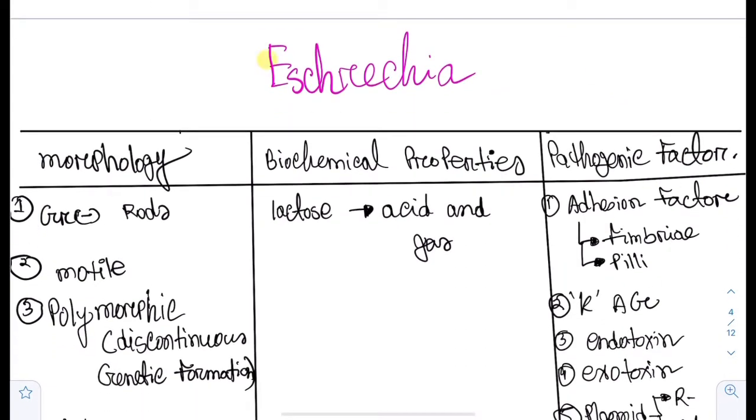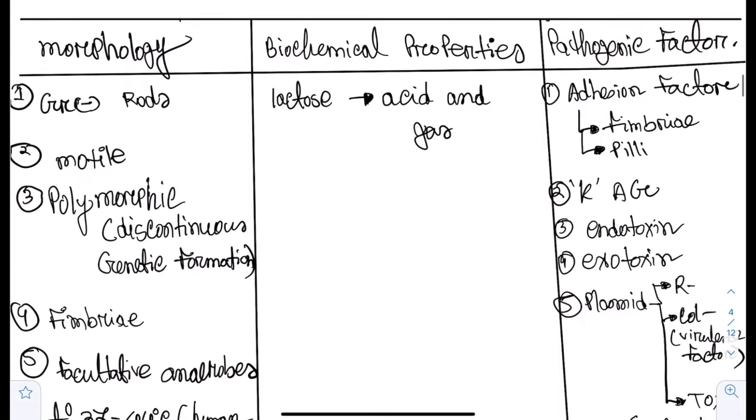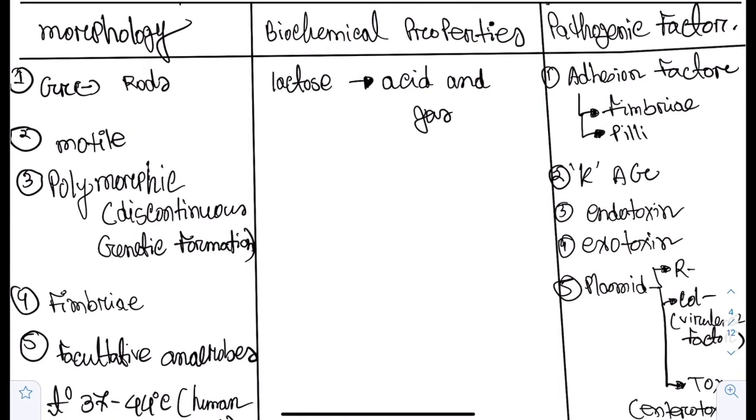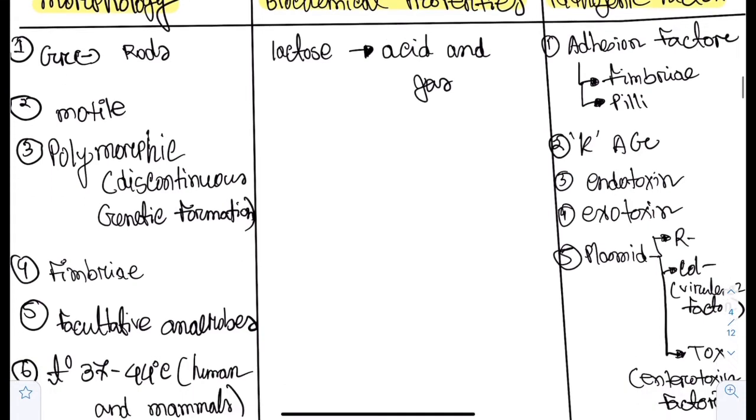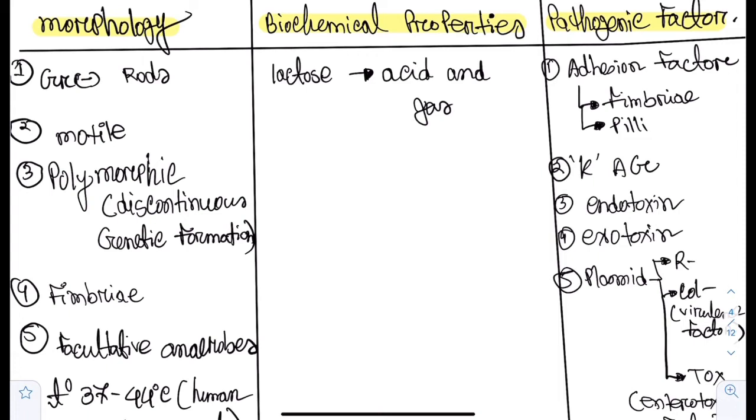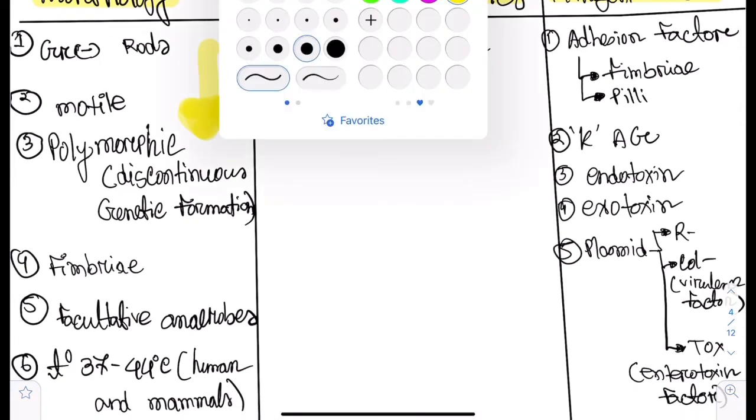Then our second bacteria is Escherichia, or as we know, E. coli. Their morphology, biochemical properties and pathogenic factors are more similar to Enterobacter, and also the clinical symptoms and the treatment are more or less the same. So these are the features. You can just pause the video and take some notes here, but the main thing I would like